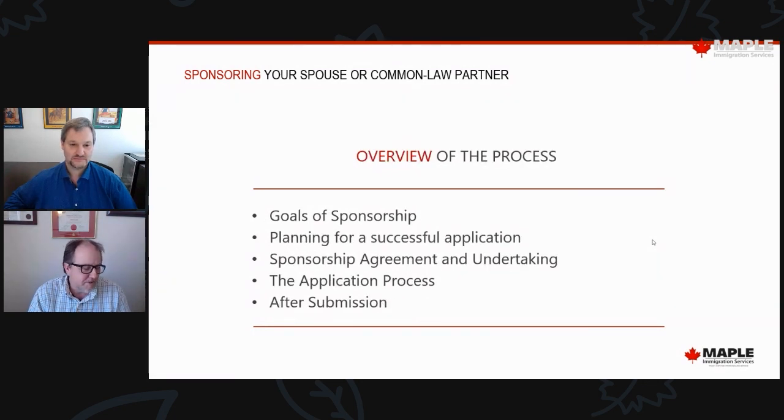So the first part here, the goals of sponsorship, you just alluded to it, and I mentioned it before, but as you said, under IRPA, the laws for immigration, the Canadian government is committed to unifying families, and that's the impetus behind spousal sponsorship as a pathway to permanent residency. So that's the main goal. The Canadian government is committed to that. There are other types of sponsorships that we're not going to get into today, but there are also dependent children that you can sponsor. But the whole point is they want family reunification.